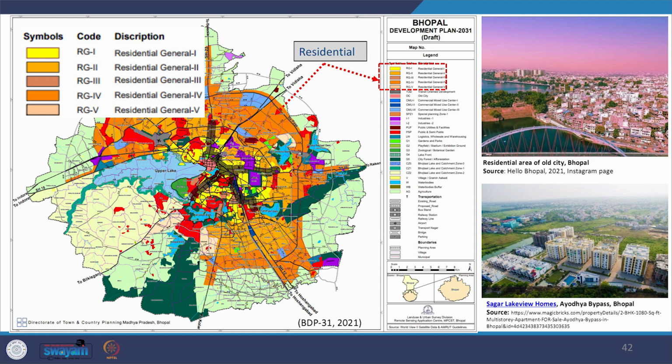Category 3 is the zone for the purpose of preservation of certain areas in the city. Zone 4 is delineated for the purpose of urban expansion of the city. And zone 5 is delineated for low density to maintain and preserve the ecologically sensitive ecology of the city of Bhopal. So we see that by use zoning, different conditions and intentions are addressed even within the residential category.